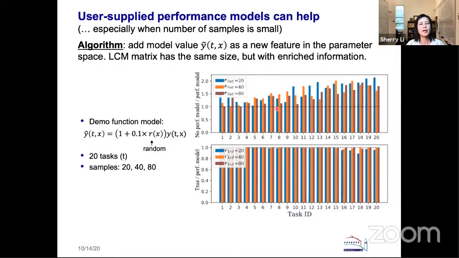So it's different bars. Let's focus on the situation when the samples are small, because that's the situation we are most interested in. And you can see that with the increasing difficulty of the problem, this model can actually give you much better performance. So this chart is the ratio of the tuned minimum without the performance model over the tuned with the performance model. So the higher, the more the model helps. And the bottom part is the ratio of the true minimum versus the performance you get with the model. So for the earlier tasks, the true minimum and with model are the same. It's only when you get a very difficult task that this tuner may not get the best,